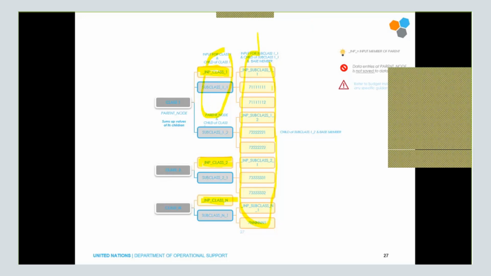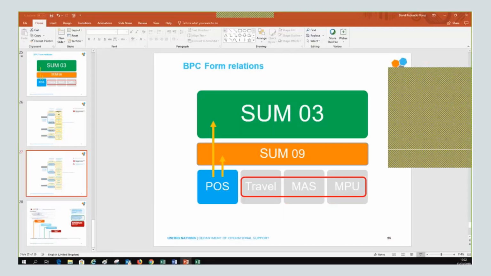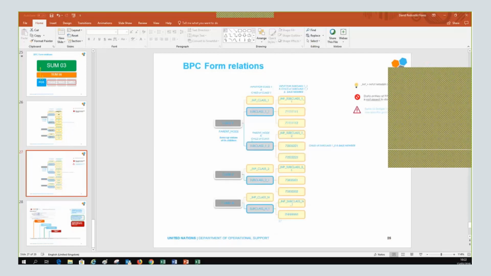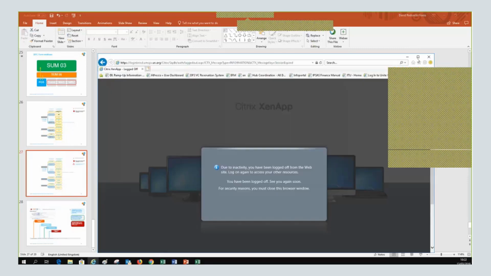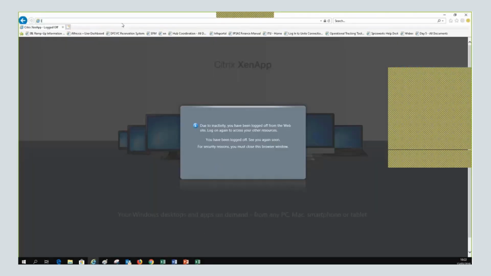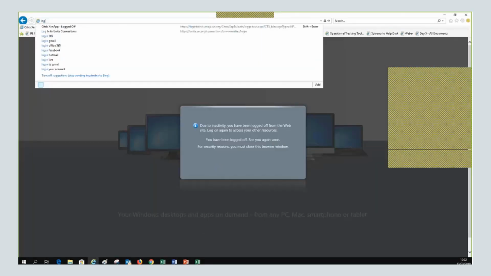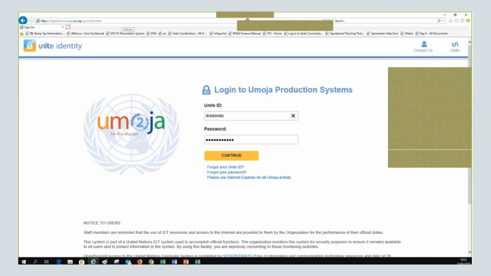For example, if I go to the system, I think I'm going to explain it better. Give me one second, because sometimes we try to explain things in an abstract way, and it's much easier to do it by giving particular or concrete examples. So I'm going to the system now, and I'm going to try to clarify this concept. I log in to Brint because it's the training environment.